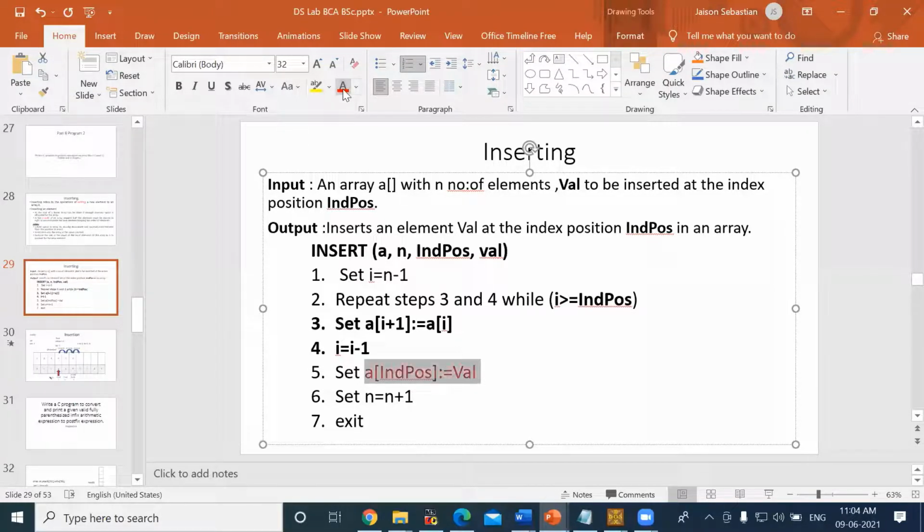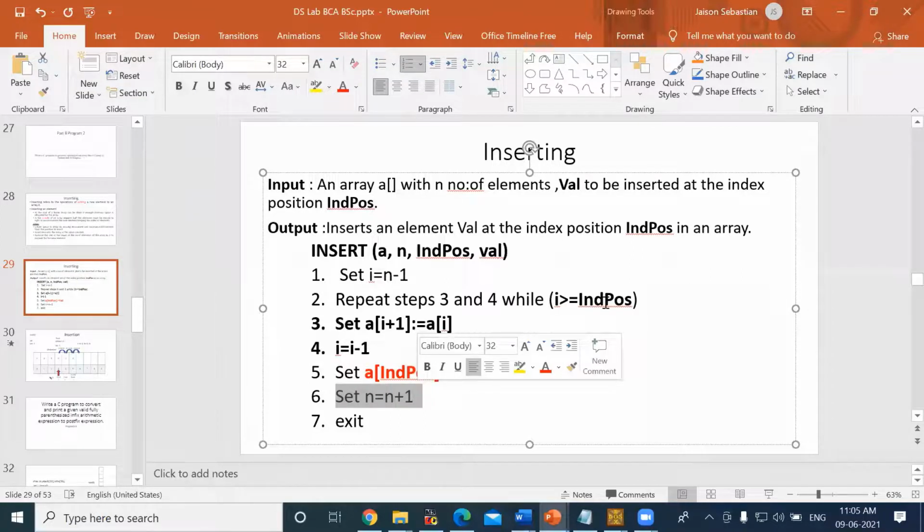So this line is like we are inserting the new value. We found the position where the value has to be inserted, and the value is inserted at the position given, both the inputs we got from the user, right? Value to be inserted and the position to be inserted. Position we converted into index position, right? Then we are incrementing the n value. So this line will be executed only once. After that, we will move to the next line.